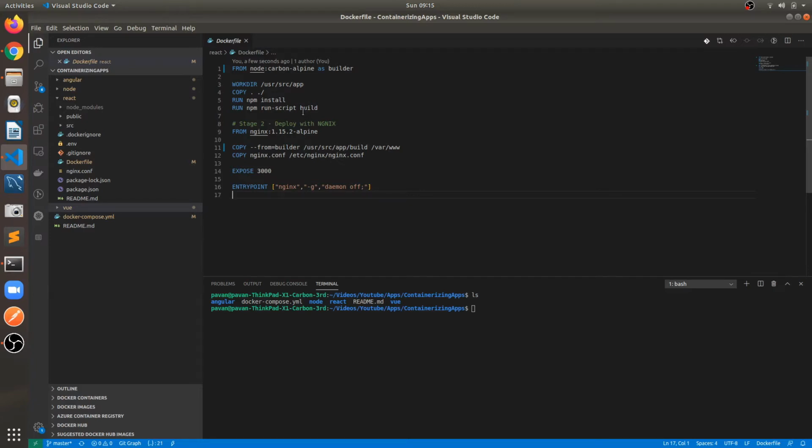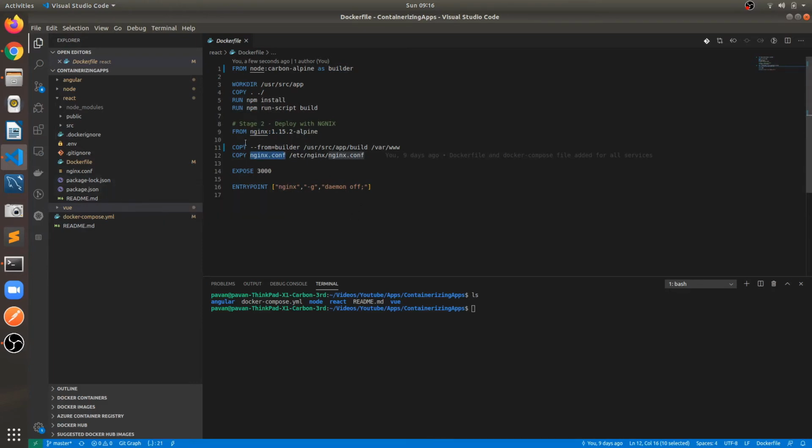When these static files are created, we have to place them inside /var/www, so that our Nginx server can serve these files as per the request. And here we are using a multi-stage build. You can see Nginx as the reverse proxy server, and there is a configuration file, the Nginx conf file.